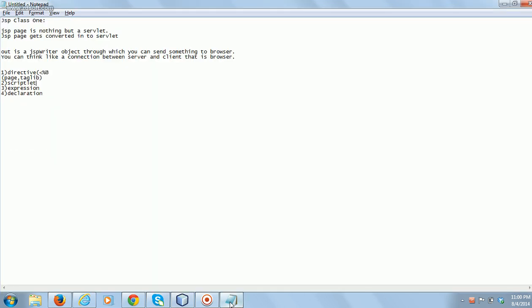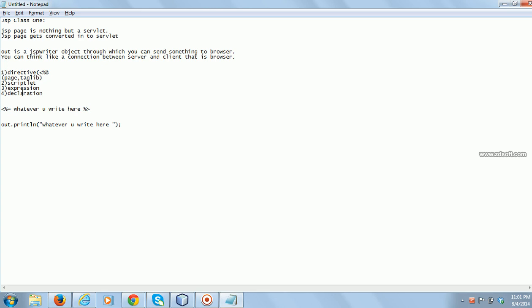When you write something between percentage equal to, whatever you write here will be internally converted into out.println of whatever you write here. So this is an easy way of displaying content to the browser.